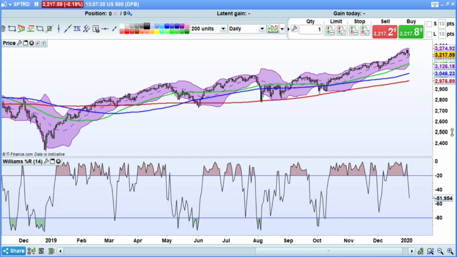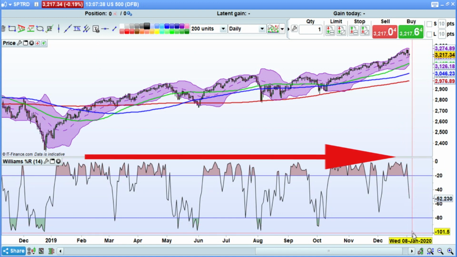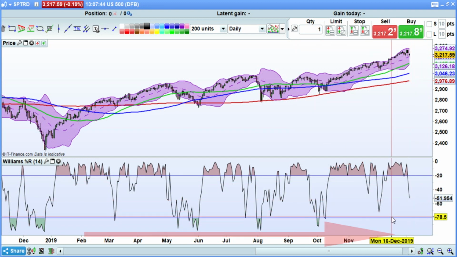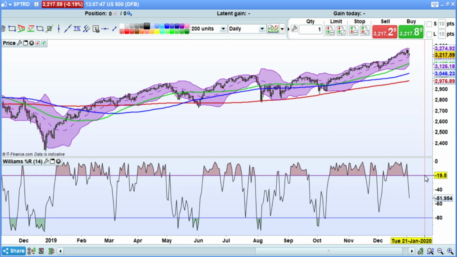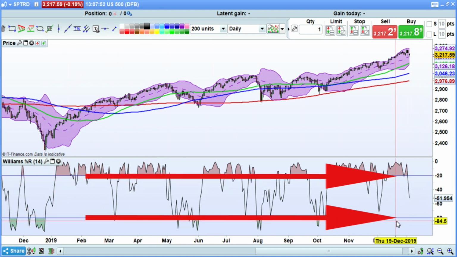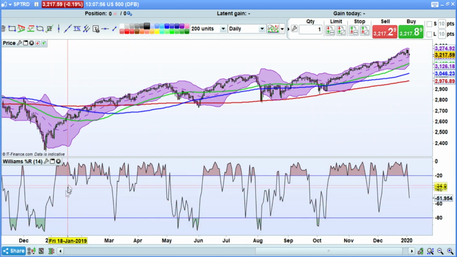We were talking before we went to air about these peaks and troughs that occur here. Now, as you said, it goes from 0 at the top to a negative 100 at the bottom. And also on here, on the standard Williams %R, which on this day is a 14-day period moving oscillator, you've got this line here at the top, which is the negative 20, and this line here at the bottom, which is the negative 80, upon which we then get these different colours, the green at the bottom and the red